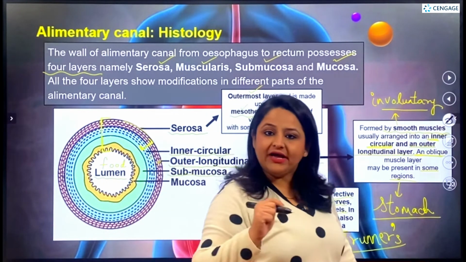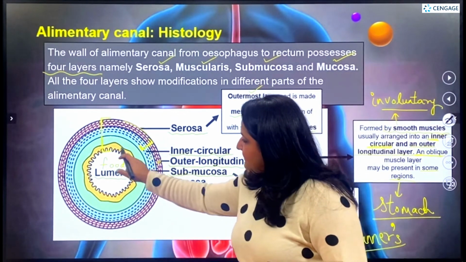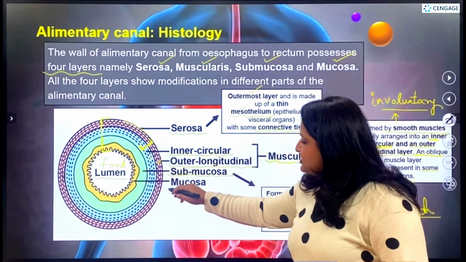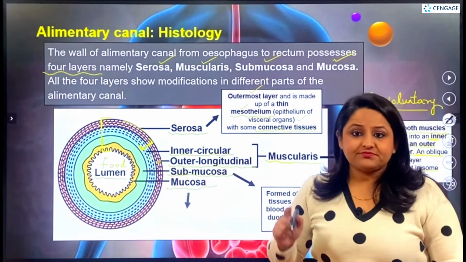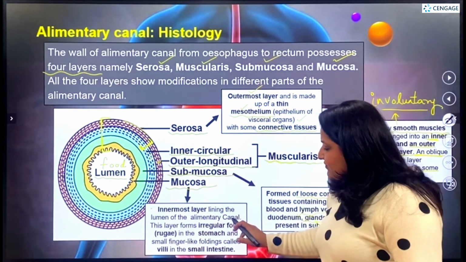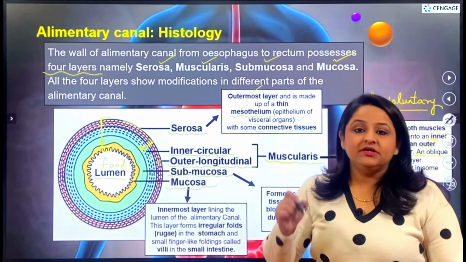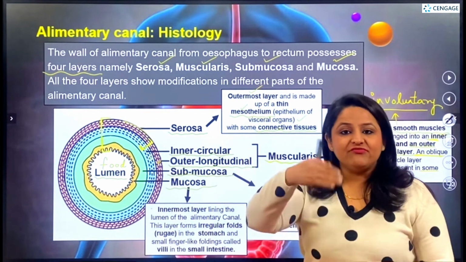Now, let's move ahead. Let's talk about the innermost layer. You can see this layer, the innermost layer. This is known as the mucosa. The mucosa is the innermost lining of the alimentary canal, and it is made up of the epithelium. This layer can have vigorous folds.